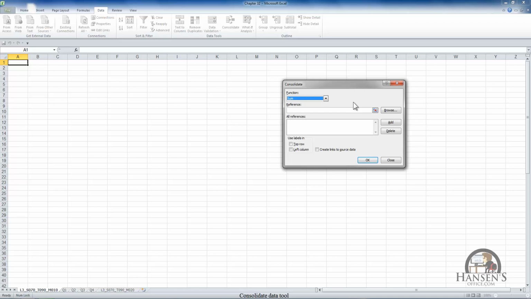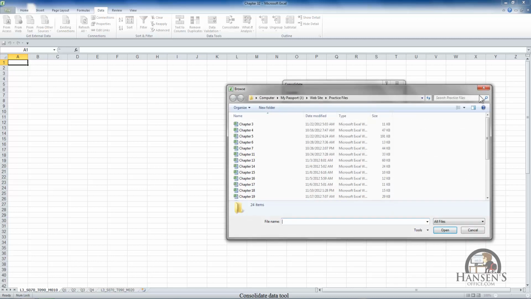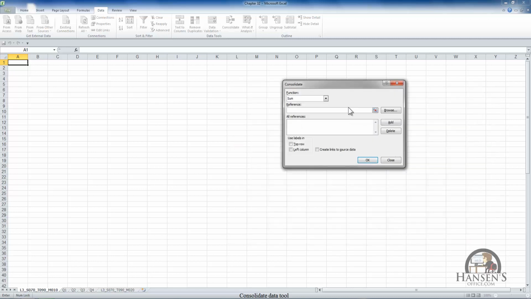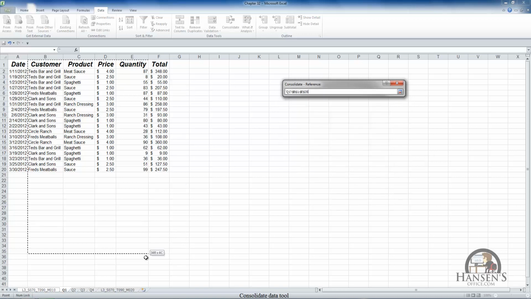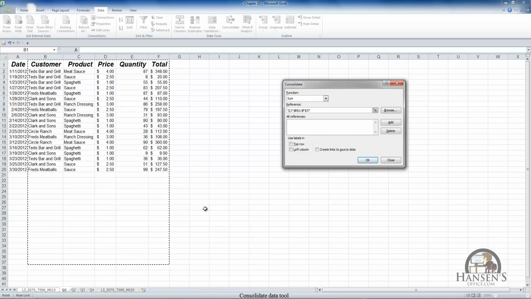That's where we want to consolidate the data. And when we define the reference, we can define the reference in other workbooks, which we're not going to do, by browsing, or within this workbook, which is what we are going to do. The cursor is blinking. I'm going to go to Q1, left-clicking and dragging, beginning in column B, and I went down below the data that's displayed in Q1 for a reason, which will become clear in a second. I'm going to add that reference,